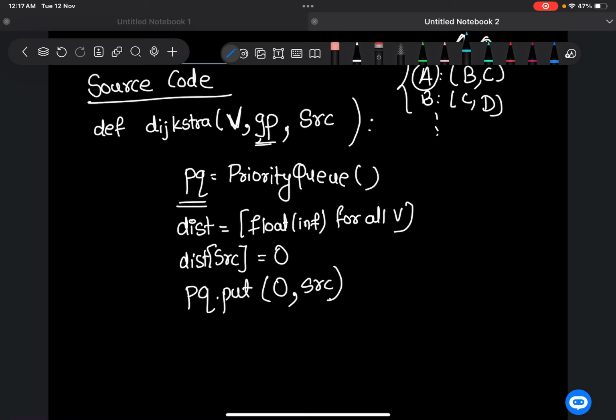The point to be remembered is that the first value of the priority queue is the distance, and the second value is the node. So the priority queue will first check this first value and will give maximum priority to the node having the least value of this distance,